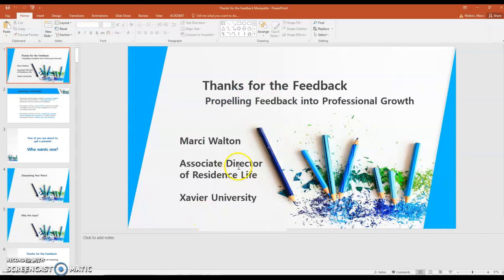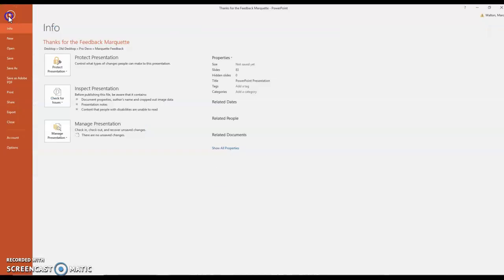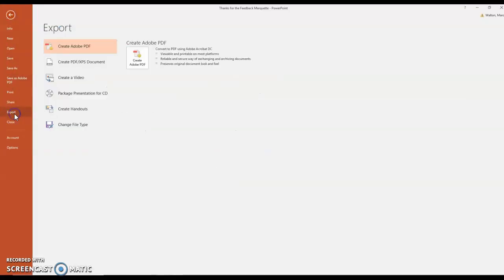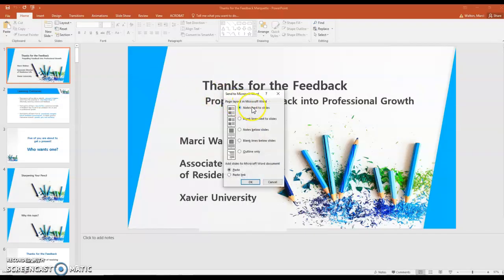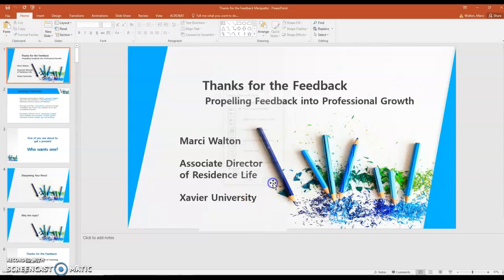So again, if you have a PowerPoint presentation, you are going to File, Export, Create Handouts again, and then picking Next to Slides. And just a note that if you do have a large presentation, it will take at least a minute for Microsoft to do its thing. So just don't touch the Microsoft Word. Let it run its course. If you're missing any slides, just do this again. Sometimes it gets a little wonky, but overall, a really incredible tool. And hopefully you will